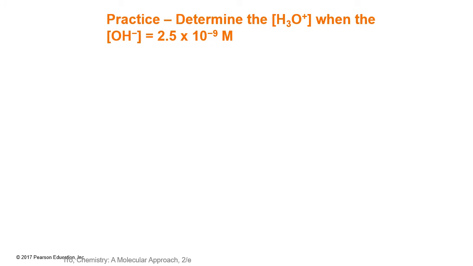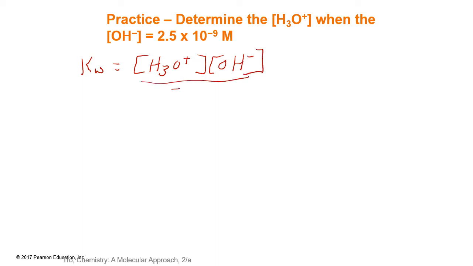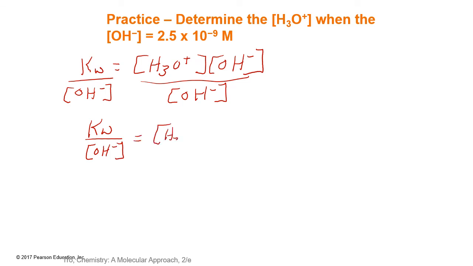Here's a practice for you. Pause the video to determine the H3O plus concentration when you're given the OH minus. We're going to look at the Kw is equal to the H3O plus times the OH minus. We know the OH minus, so if we divide both sides by OH minus, we can get the H3O plus by itself. So if we take the Kw divided by OH minus, that is equal to our H3O plus concentration,